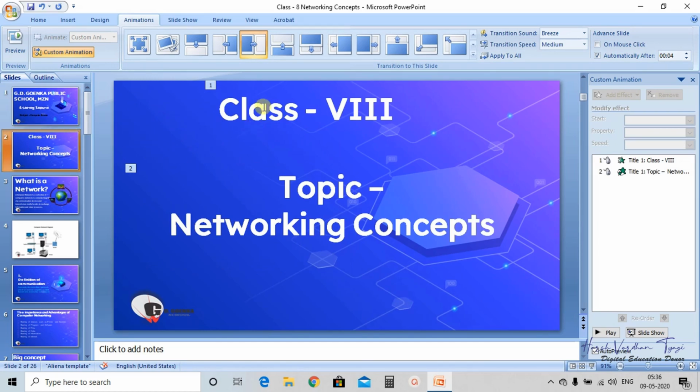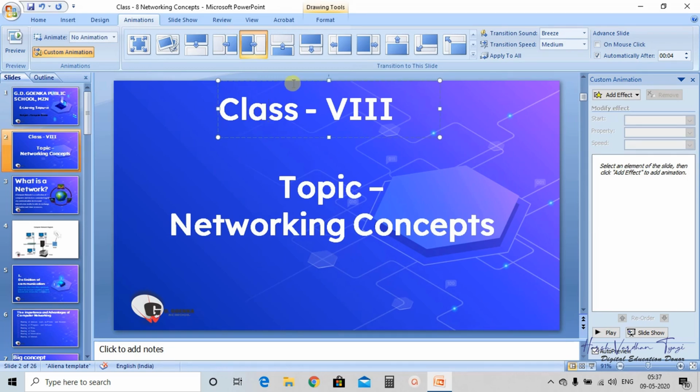Now here also let me apply the animation effect on every slide. So I will select this particular piece of text on the slide, then in the animations tab select custom animation. You will find a custom animation pane on the right side, then go to add effect.